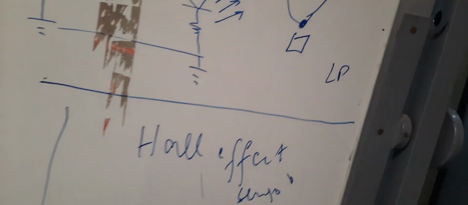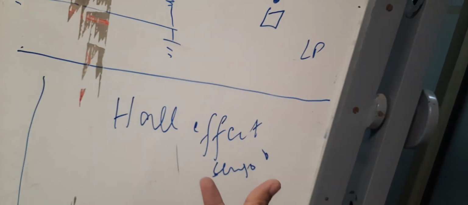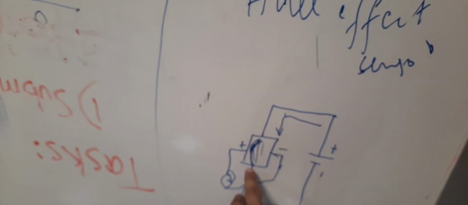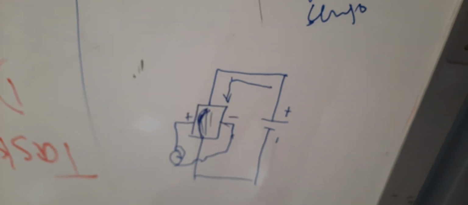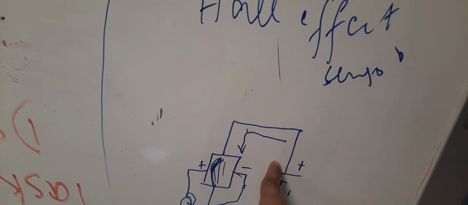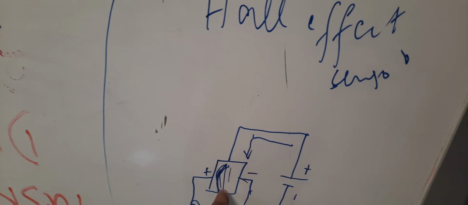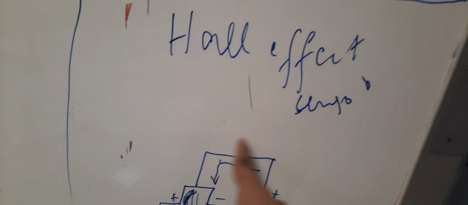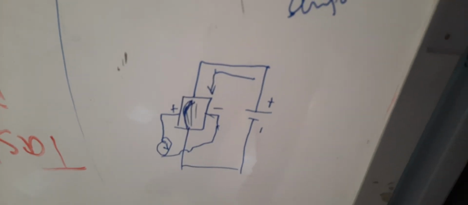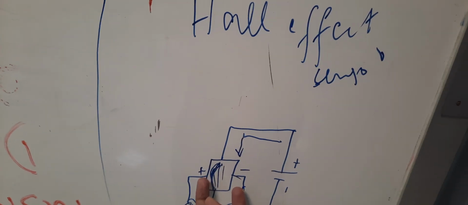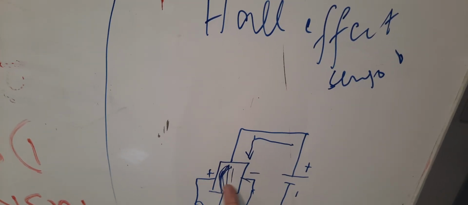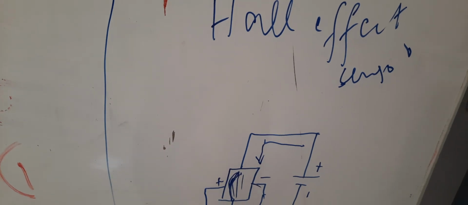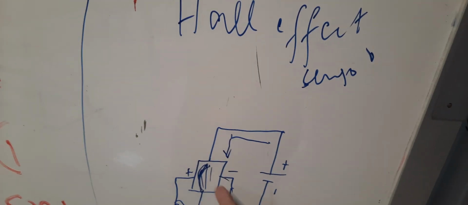Before understanding the Hall effect sensor, first you need to know what the Hall effect is. Consider a metallic disc connected with a battery. So the current will begin to flow because the disc is metallic, a rectangular disc. The current will flow like this. If you talk about the conventional current, that will move from positive to negative. If you connect the voltmeter between these two corners of the disc, you will not get any voltage, because there will be no potential difference,